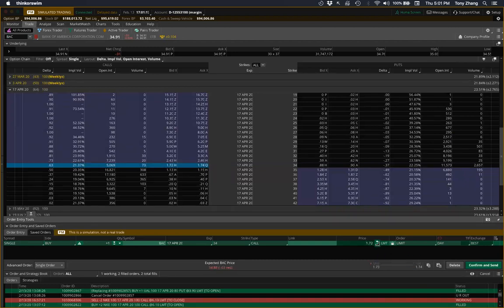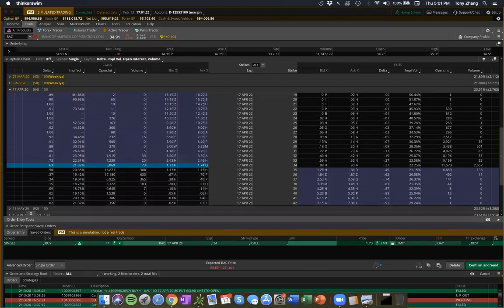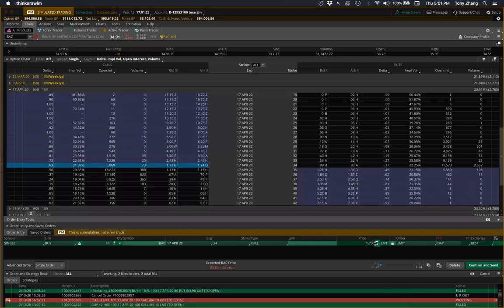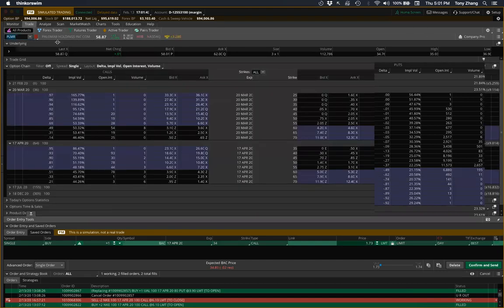I'll be honest here, I would even go a little bit more aggressive at 172 just to see if I would get filled. If not, I would move it up to 173. I would not move this up to 174. I would keep my order at 173 and try to get filled at the midpoint. When you have something this liquid, always try to get filled at the midpoint because you should be able to do that. Only in the less liquid names